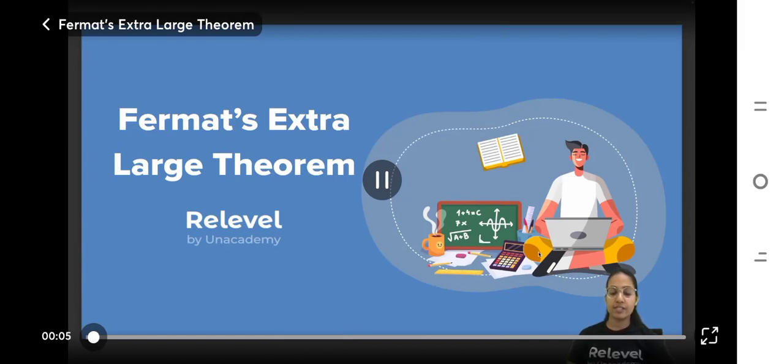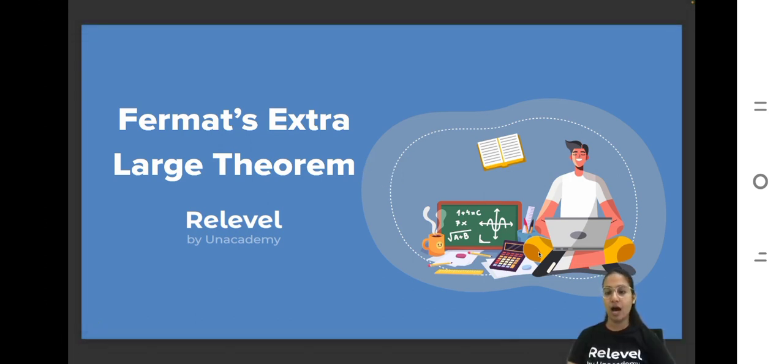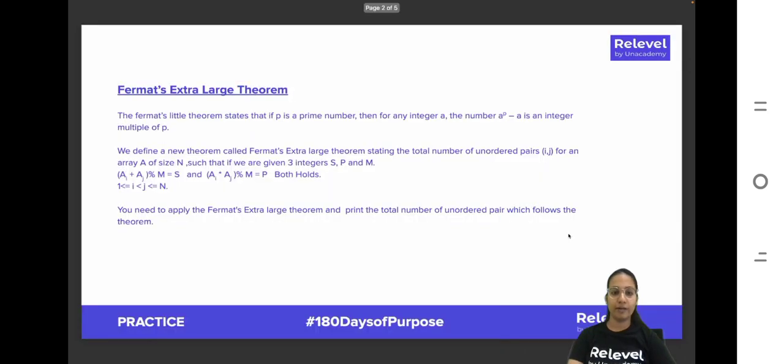Today we are going to discuss a very interesting problem going by the name Fermat's extra large theorem. So first we'll take a look at the problem statement and then we'll figure out an optimized way to solve this problem. Alright, so the problem statement says that the Fermat's little theorem states that if p is a prime